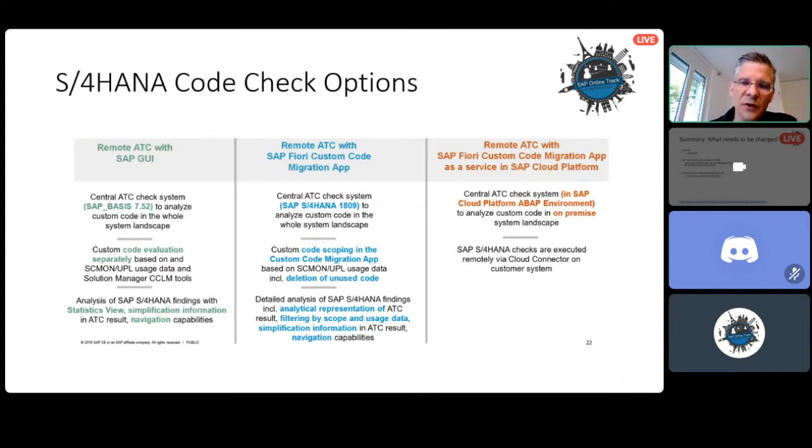Now we go to the S/4HANA checks themselves, and there we don't have the checks in the older ECC releases. Even in EHP 8, usually you don't have it because it requires a SAP_BASIS stack of 7.52. So the standard procedure is to connect a central ATC system, which is on the newest release. It can be a standalone NetWeaver server, it can be an S/4HANA system, or it can even be a cloud instance. And you connect this system and perform the check from the central ATC system.